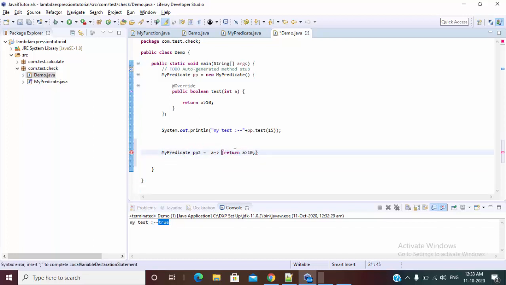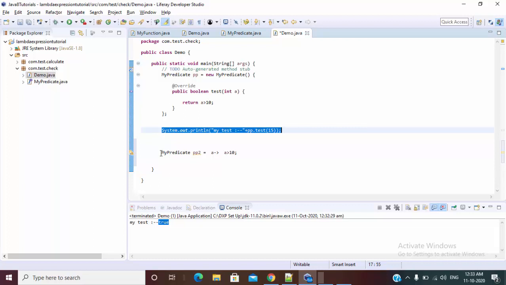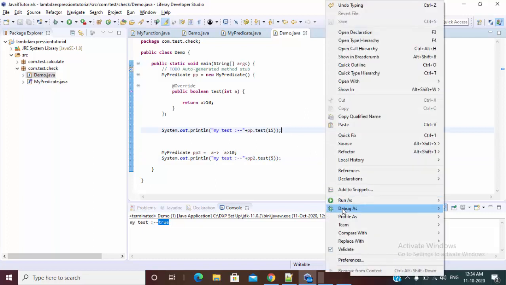And if it's only one line we can also remove this parenthesis, and if there is no parenthesis then you can remove this return, and that's it, small and beautiful. Just use pp2 and provide the value as 5. Now this one is true and this one is false.